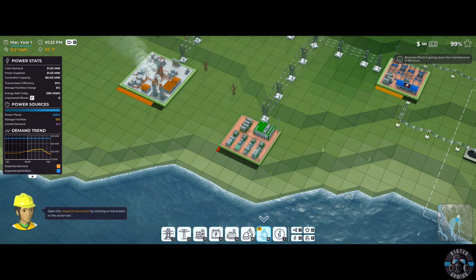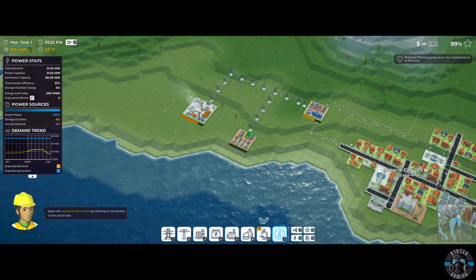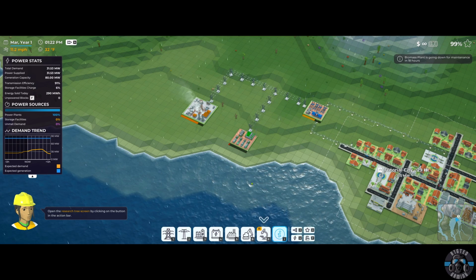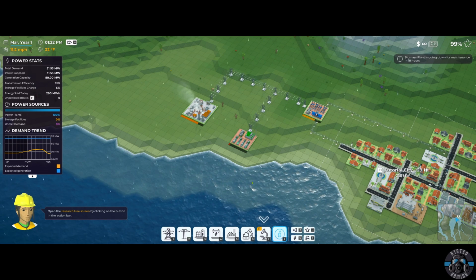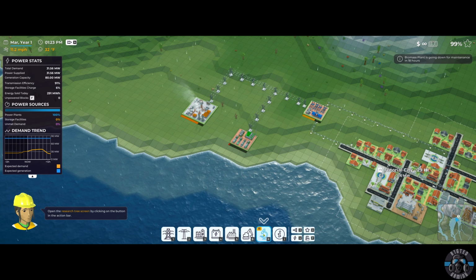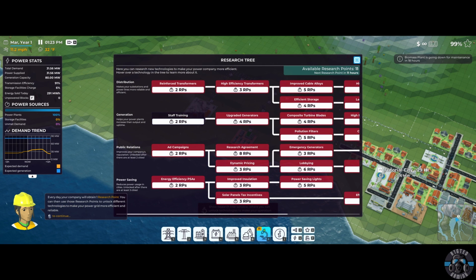And then what it's talking about here is, in the game, every day that you complete a cycle for an entire day, you get these research tree points, and you can use them on this research tree. The first ones they're wanting to do here help your power plant increase their output and uptime. This particular one is staff training, and it basically reduces the maintenance downtime for a power plant by 50%,